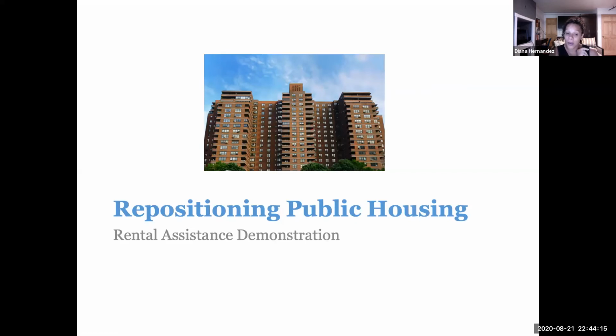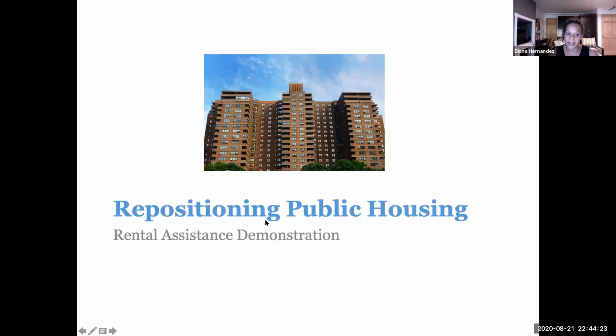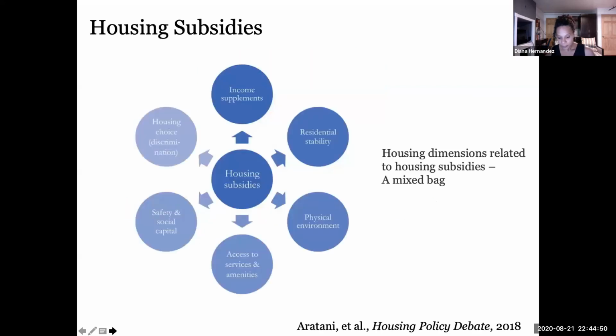I do a lot of work in public housing, actually, not just in New York City, but also in other parts of the United States. And some of you may be familiar with RAD, which is the Rental Assistance Demonstration. It is an attempt to reintroduce capital improvements in public housing to address the capital backlog, which is about $30 billion nationally, in part because public housing just has not received the attention that it deserves, and certainly the investment that